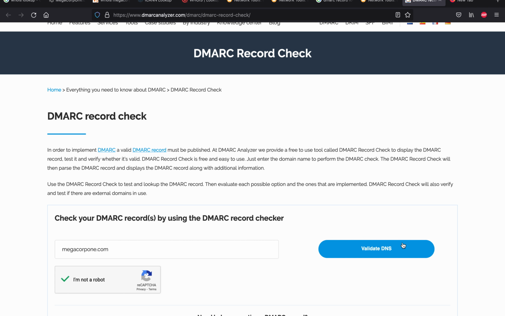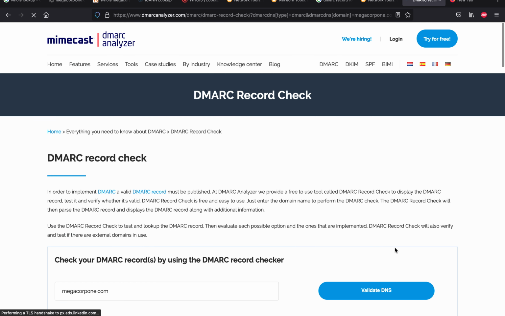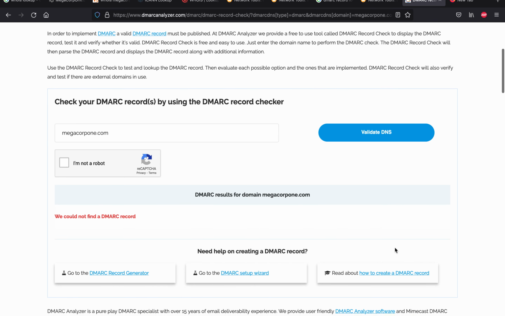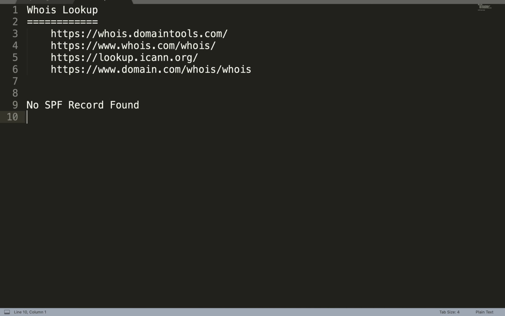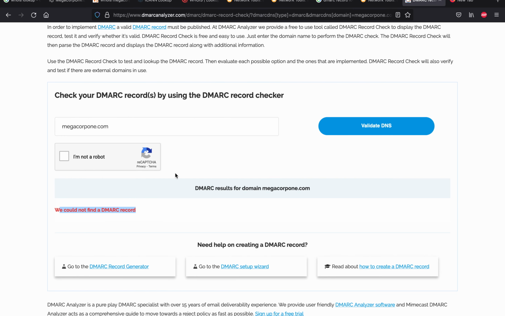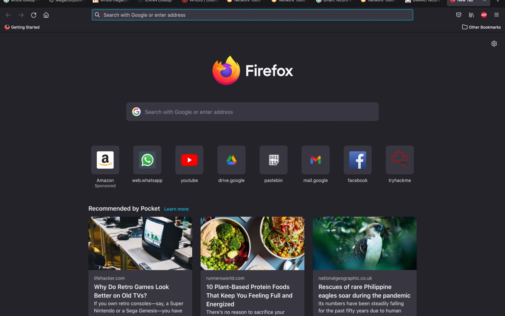I'm not a robot. Validate DNS. We could not find a DMARC record. So since we do not have a DMARC record, we do not have an SPF record, in that case we will try to send a fake mail. And how can we send some fake mail? We have got